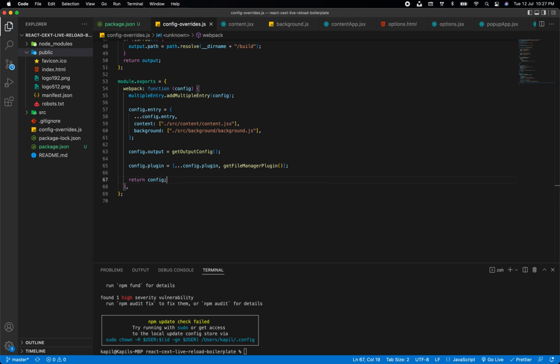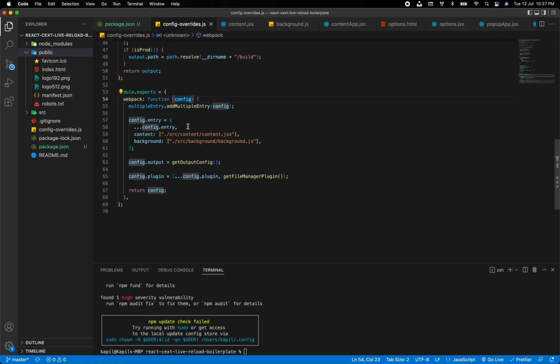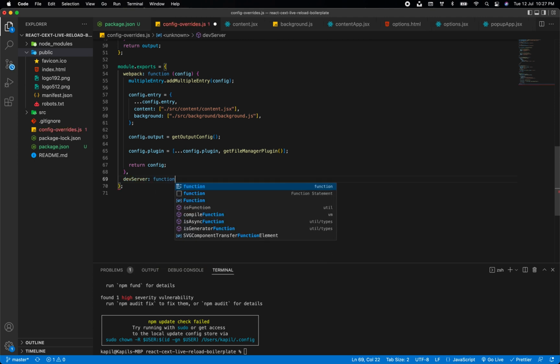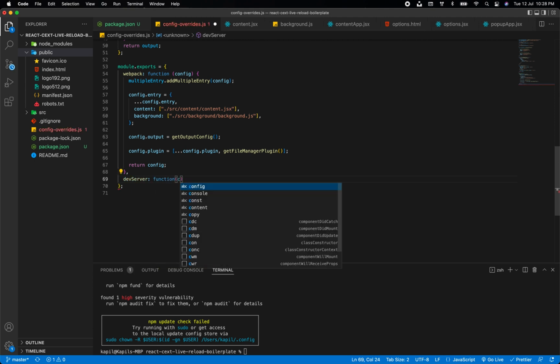Now this will override all the configurations that you have, and now what we can do is, for our dev server, we want a constant live reload, and we want our dev server to watch over all the files. So we are going to overwrite a few dev server configurations as well. So we can write devServer like this, and inside this, as we have already defined all the entry points